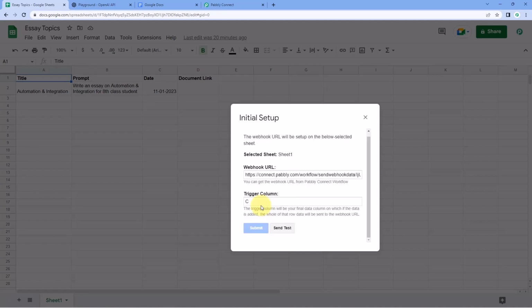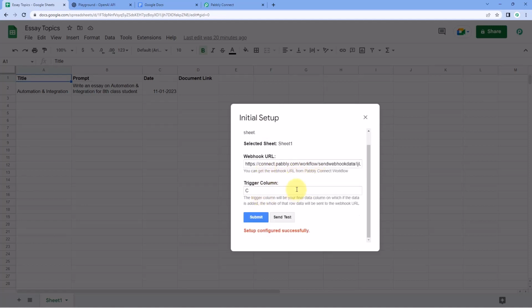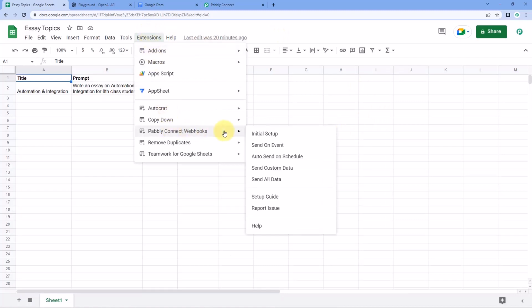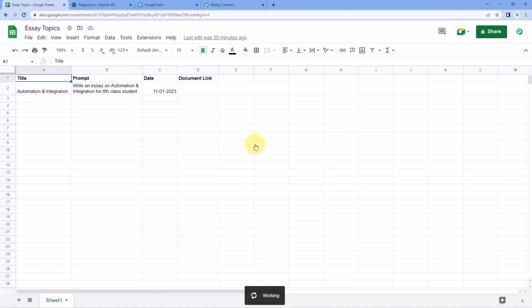Now just click on this submit button over here, and then it is showing us setup configured successfully. After doing this, guys, once again we have to go to Extensions, Pabbly Connect Webhooks, and this time we have to select this Send on Event option. By selecting Send on Event, we are telling this Google Sheet, this add-on, that whenever new data is added in a new row in our Google Sheet till our trigger column,